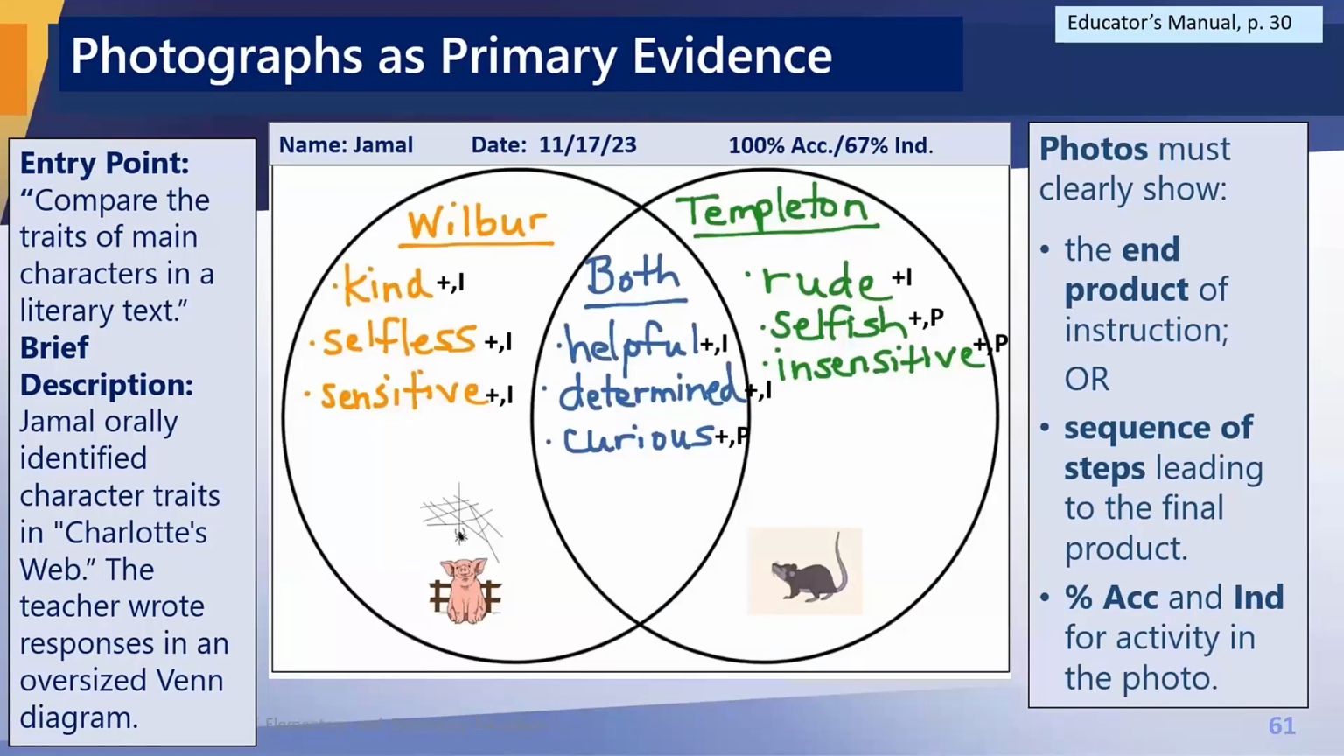Sometimes, though, we talk about having an interactive whiteboard. You can use a photograph. So in this case, the entry point says to compare the traits of main characters in a literary text. So Jamal orally identified character traits from Charlotte's Web, and the teacher wrote the responses in an oversized Venn diagram. So we want to make sure if you're going to use something like this where you took the picture